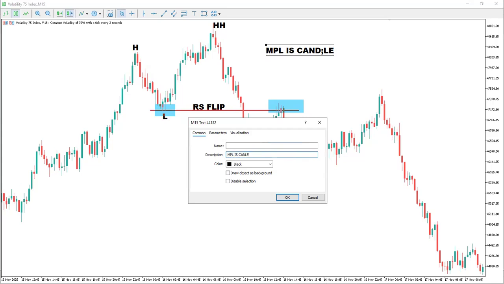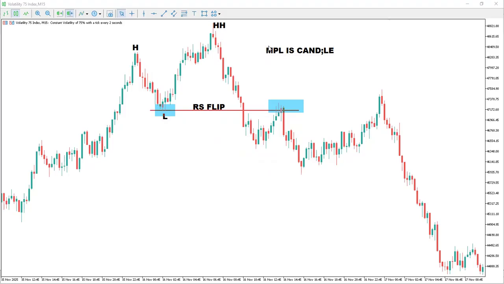To sell the market. So to sell the market. Now, my MPL candle is that after the RSI flip, we see that we have another mini break of structure